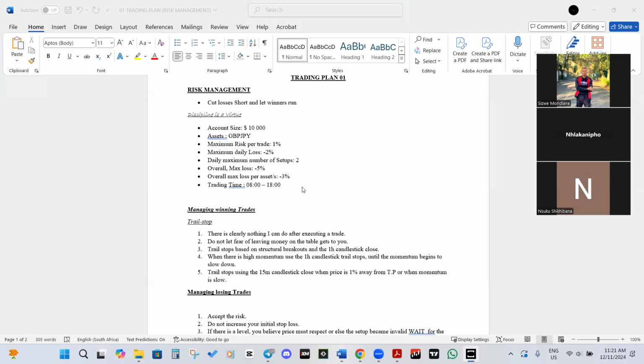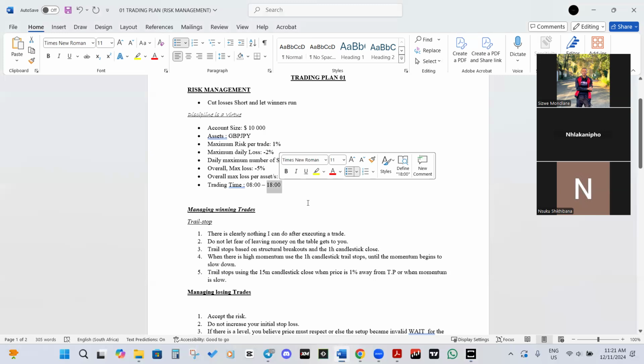Yeah, I can do that because I don't know how far the trade will go. I don't know how it will go, and I don't know the volatility. But in terms of execution, I can execute at 8, and then I can hold it overnight until whenever it hits my TP or stop loss. Because after entering a trade, you now have no control over the market. You only have control before you enter a trade. After entering a trade, you don't know how long that trade will last.